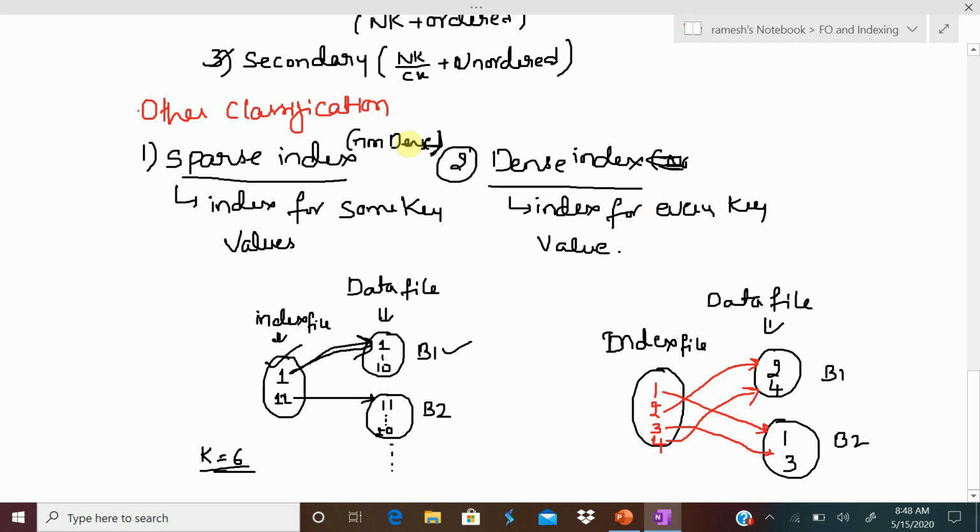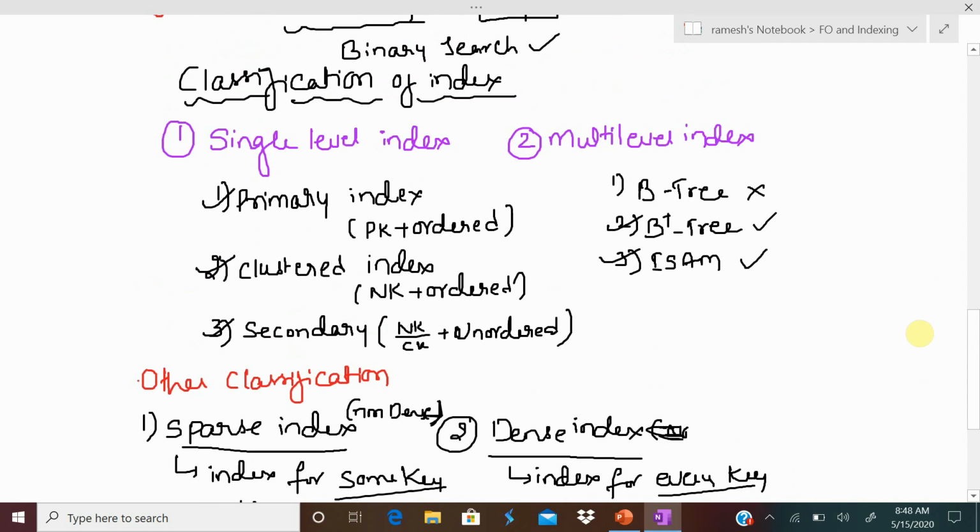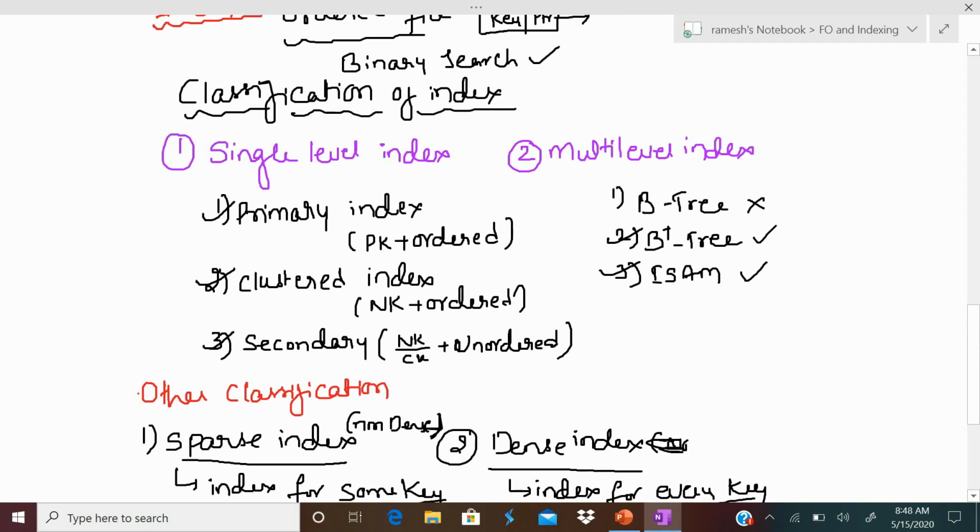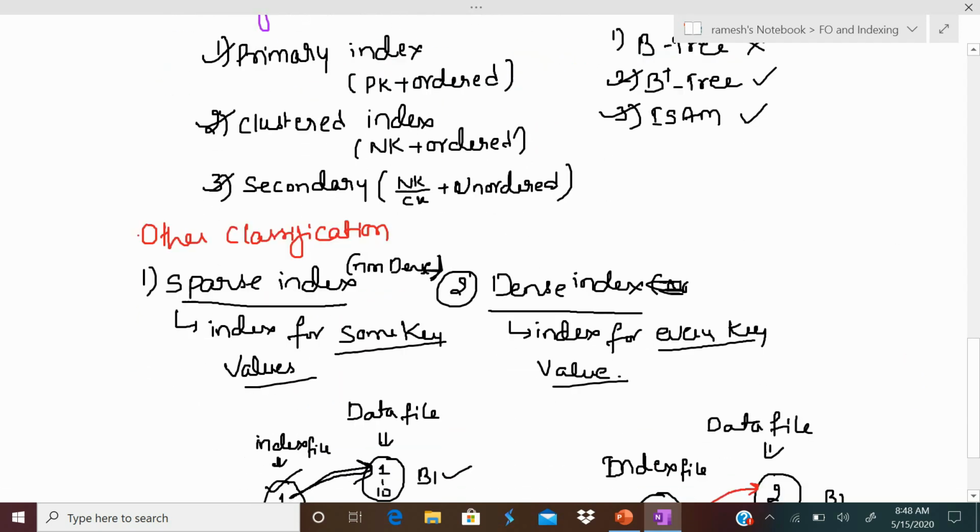So in short, just observe, sparse is required to have index for some key values, dense index is required to have it for every key value. Now we discussed what are the types of single level indexes: primary, clustered, secondary, and other classifications, and also we discussed multi-level.